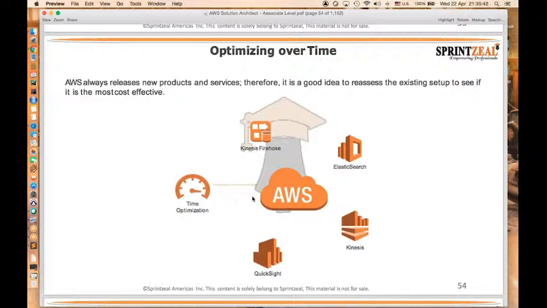So if you're planning something for production, it doesn't mean that you are done with that and you have to pay the same amount all the time. You can still go with the existing services, it's not a problem. But if there are new services giving you lesser cost, and you don't know about those services, there you lose some money. It's always better to save money for yourself and also for the customer. So always understand the new services and features which are coming into the market, introduced by AWS, and take those services